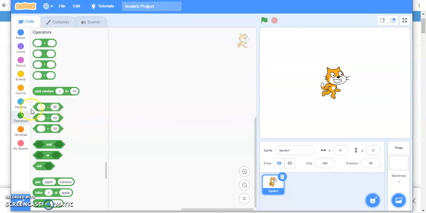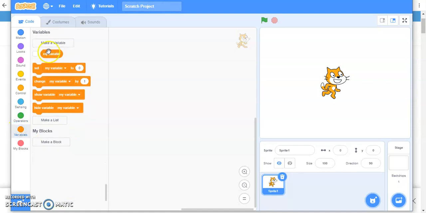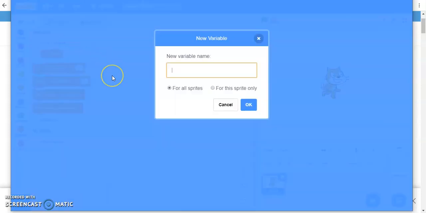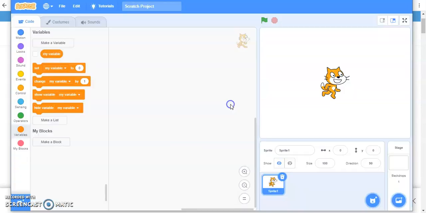Okay. Next we have variable. Variables are also something you're going to create and use. For example, I just took this score, which is already a variable which you can make using this. So type score, or if you want to give any other name, you can give that. So we all are going to use these. Then costume we have learned. Sounds, when we insert sound we are going to use this.